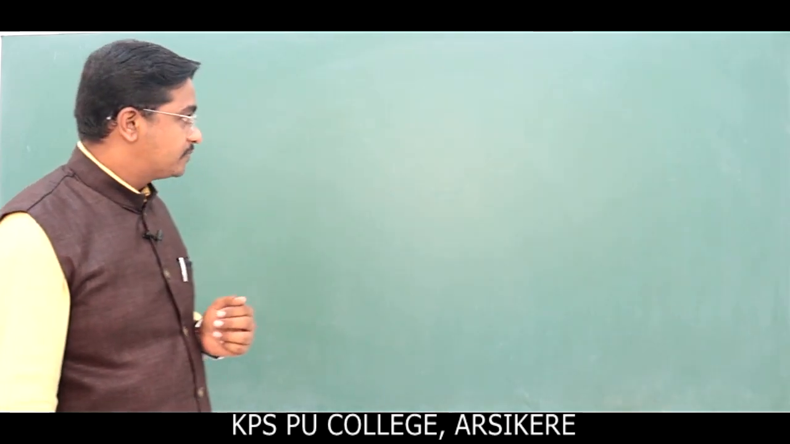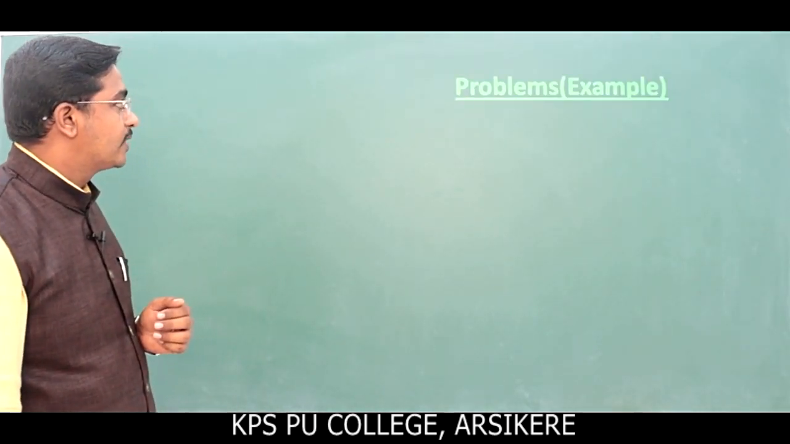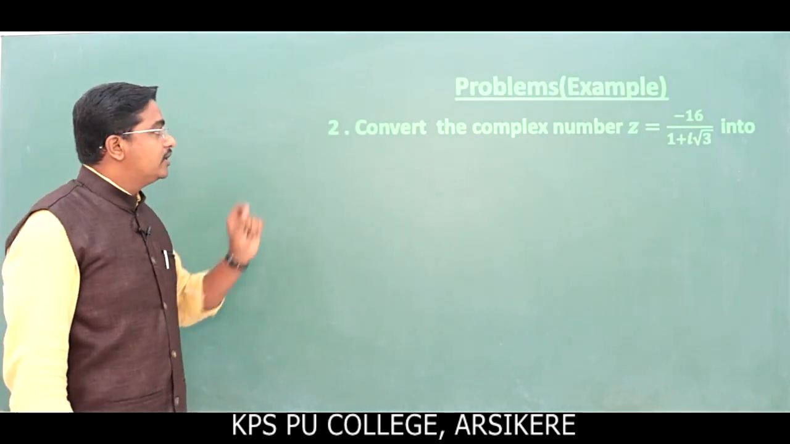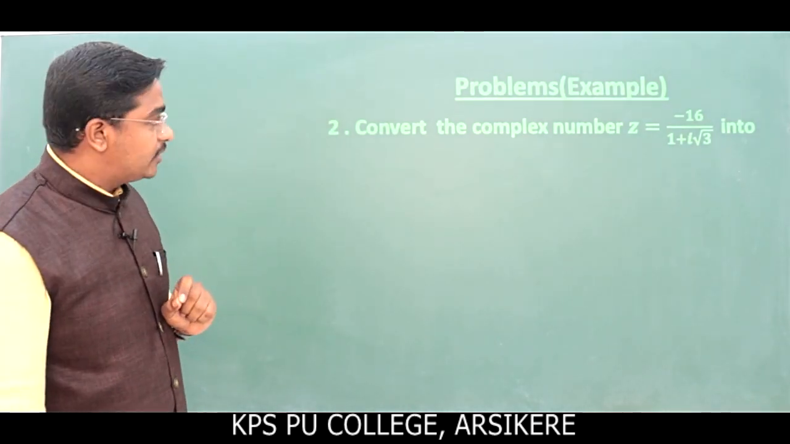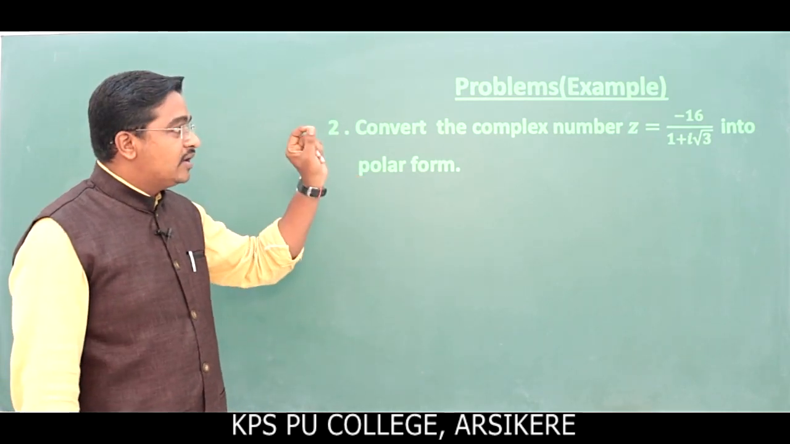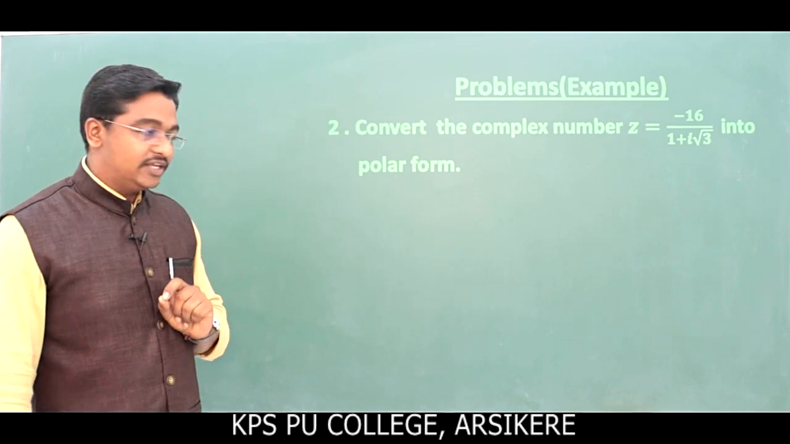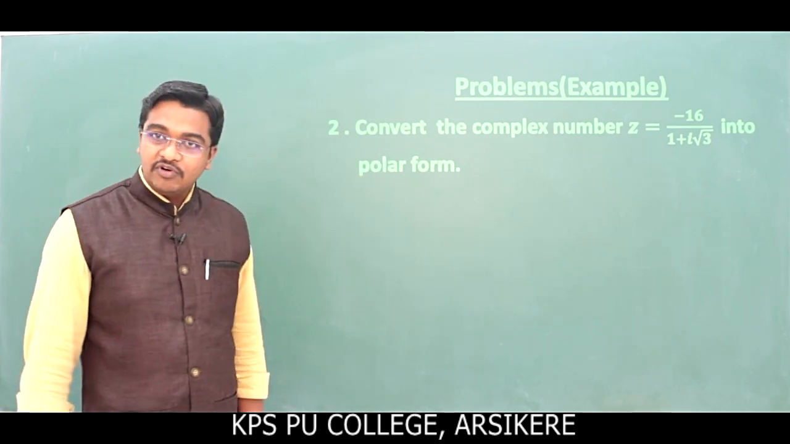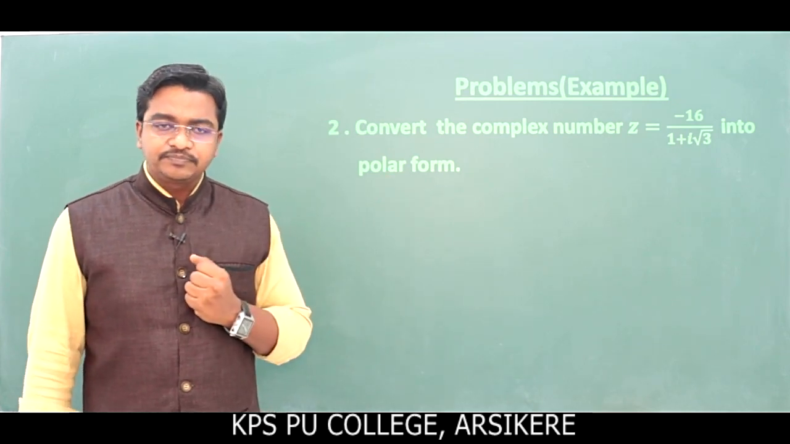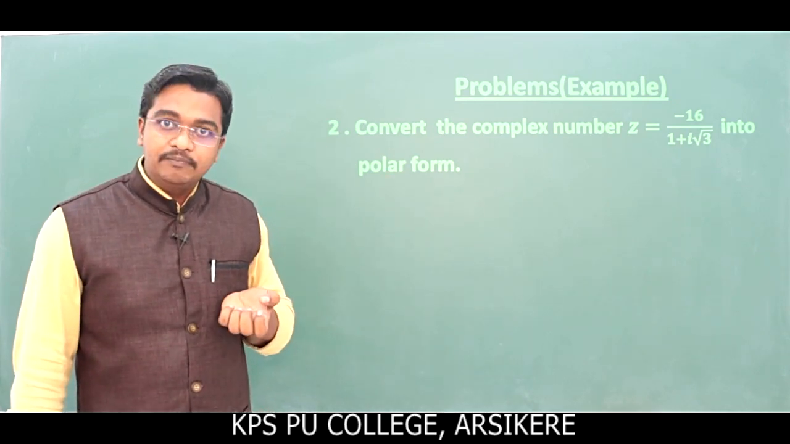First problem ನೋಡೋಣ. This is an example problem. This is very important. Convert the following complex number z is equal to minus 16 divided by 1 plus i root 3 into polar form. Nodi, in the previous example, what we have discussed there,